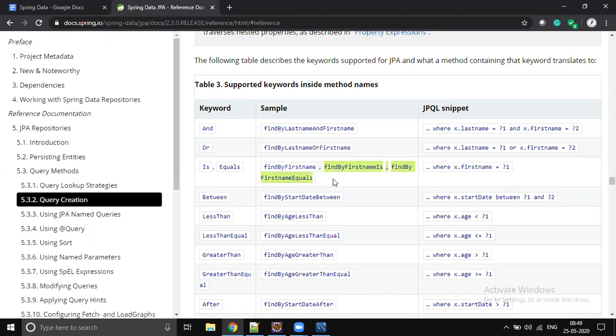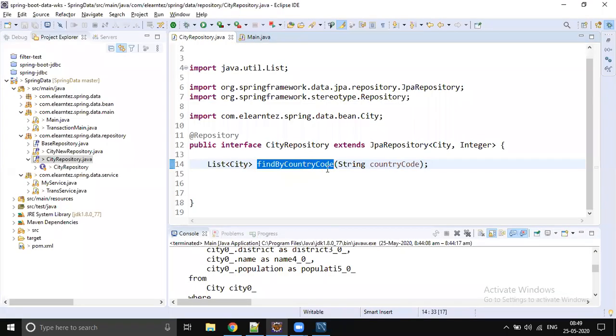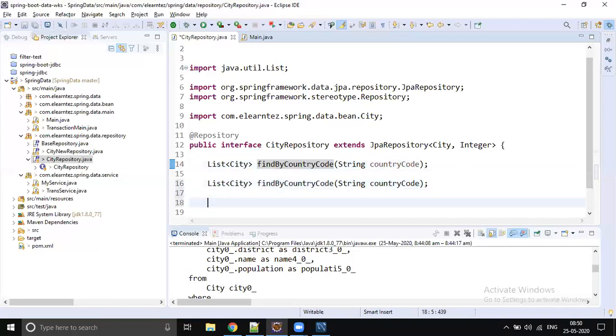These two are still supported, but not recommended. Let's use findBy directly. So writing this query, findByCountryCode, findByCountryCodeIs, or findByCountryCodeEquals, all are the same. There is no difference, right? Let me put it side by side, then you will understand.